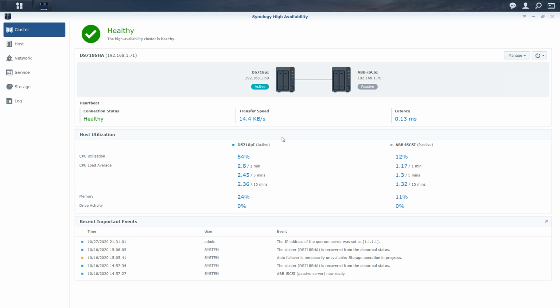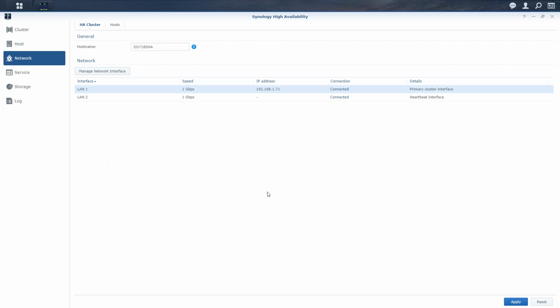So there's just a couple of things I want to highlight with this. The first thing is the network section. This is a NAS that has 2 network cards on it. So